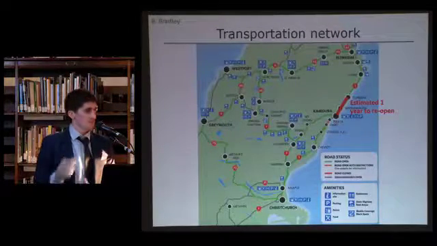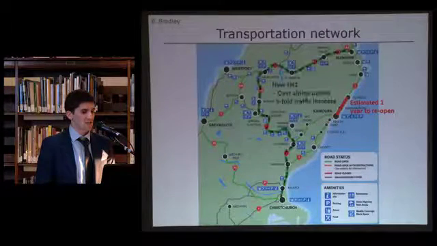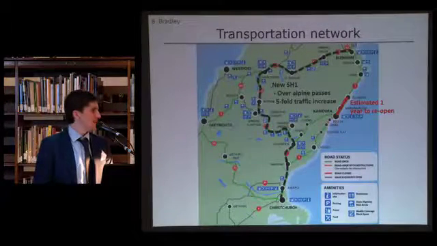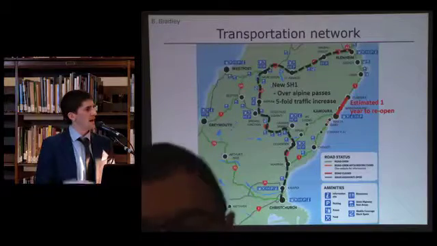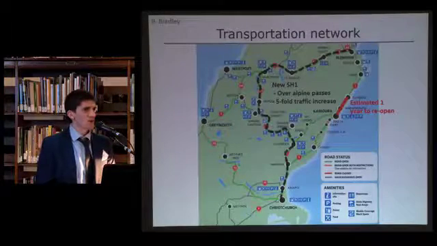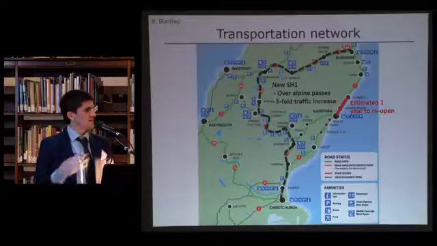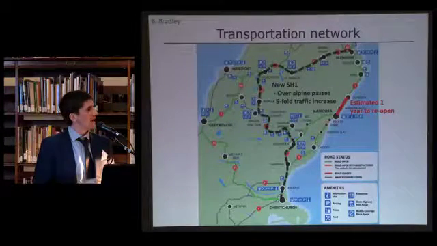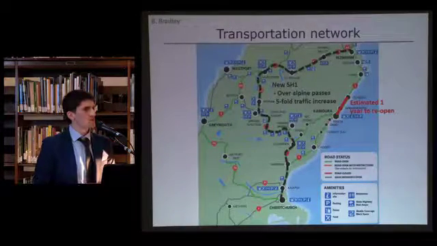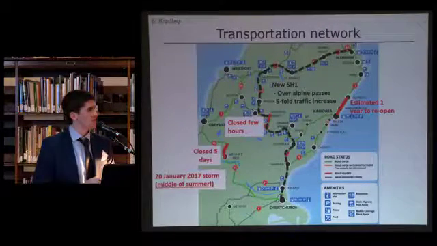Because that was previously the main trunk line that traffic would use, particularly freight, the new route to get from Christchurch to the top of the South Island is via this alpine road, so it has to cross one large alpine pass and a little bit of a smaller alpine pass. As well as leading to additional time for the journey, there's also some of the consequences associated with a large amount of traffic increase and the wear and tear associated with that.